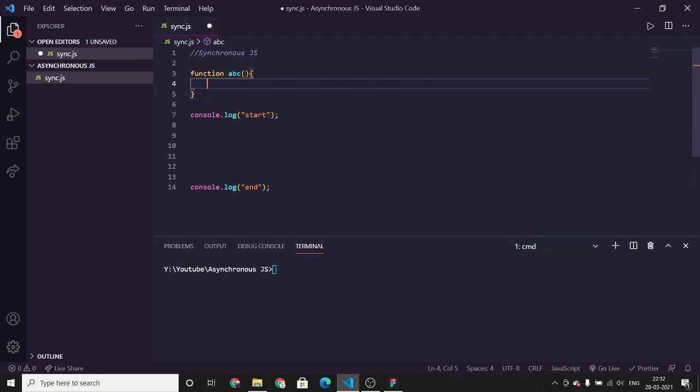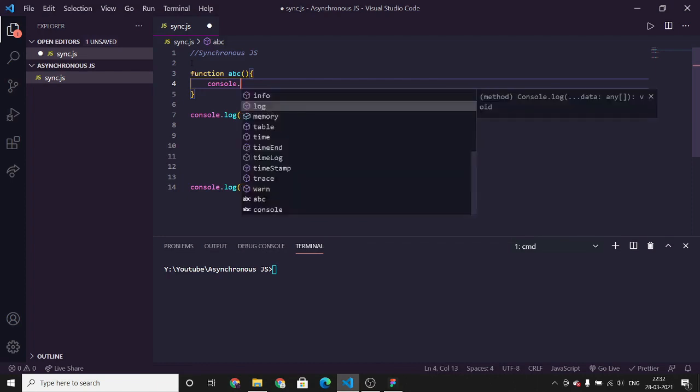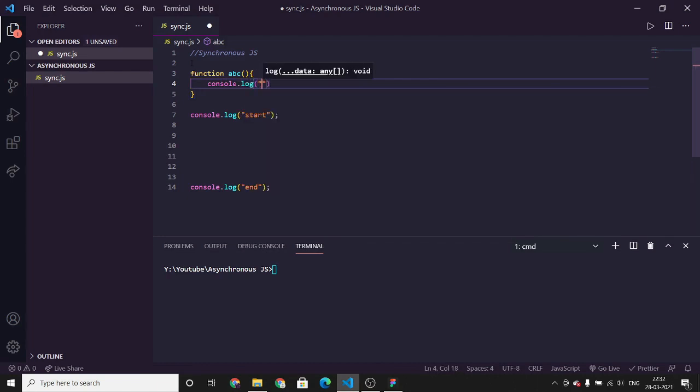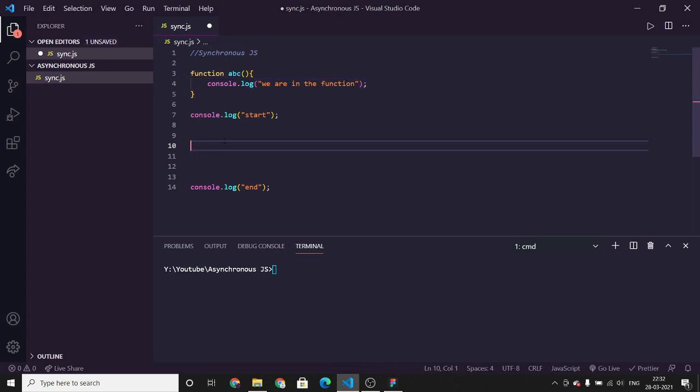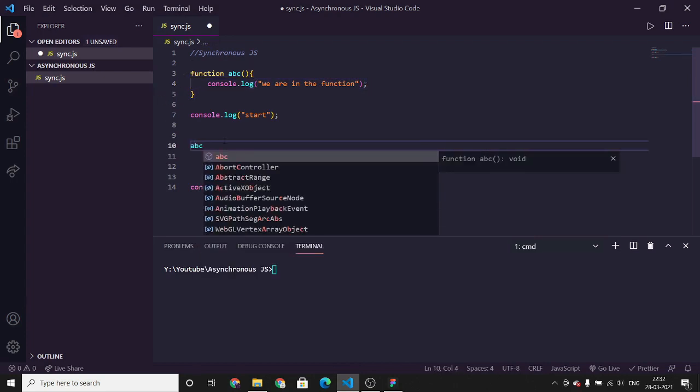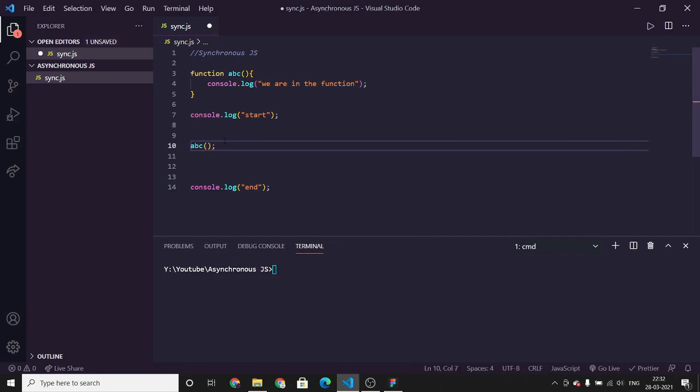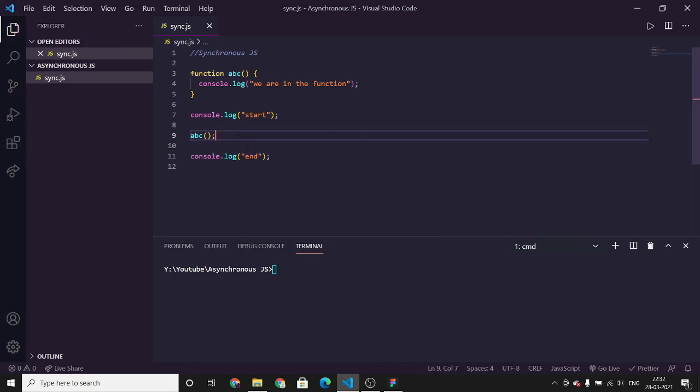Inside this function we will write a print statement. Let's say we are in the function. Now call this function between start and end. So this is a super easy program and you know what the output is gonna be. So save it and let's execute this program.